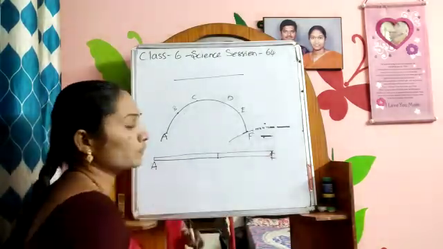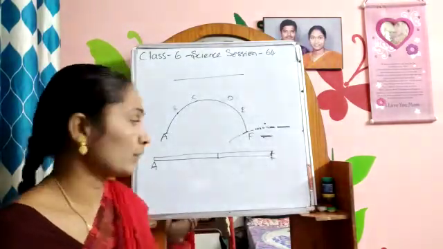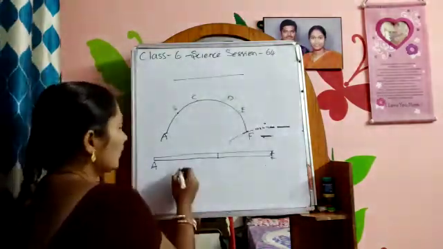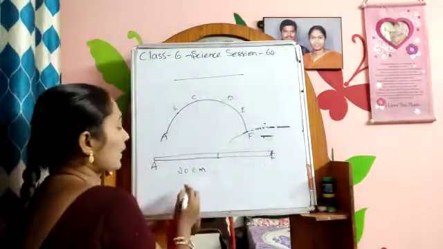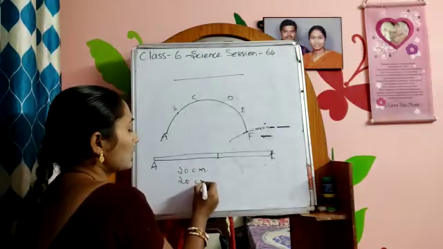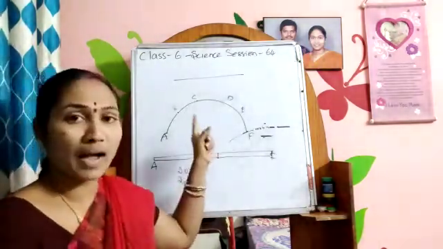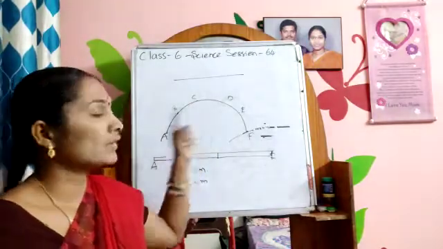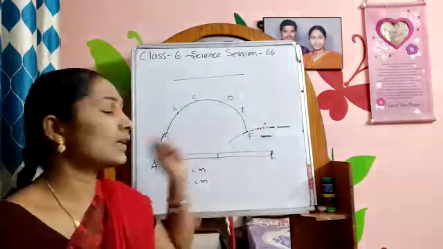Along the thread you can measure it with the help of the scale. Suppose the thread is 20 centimeters. Then the measurement of the bucket handle will be 20 centimeters. Now you cannot measure this handle directly. You cannot take out the handle and keep it straight, no? It is curved.